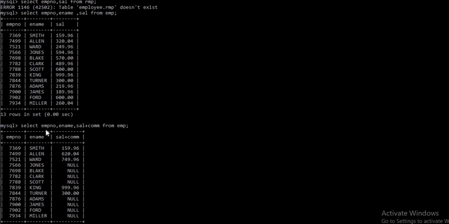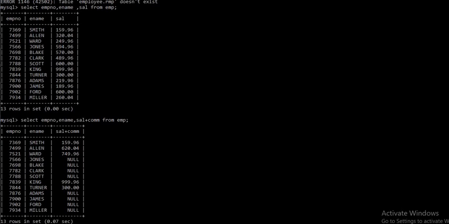Look at this clearly. Select EMPNO, that is employee number, ename, comma, sal plus COMM. Yeah, we can use arithmetic operators like plus even in fields, as salary and commission can be added, but you just observe the output clearly. We have 13 rows, but see those who don't have any commission, like those whose commission is null, cannot be added to salary. So null values cannot be added, and how to overcome this we'll be discussing in detail.